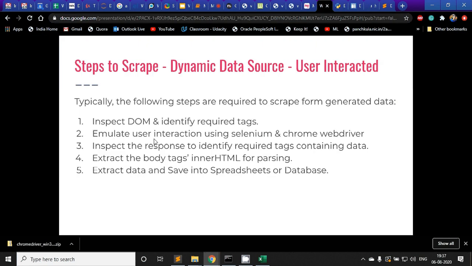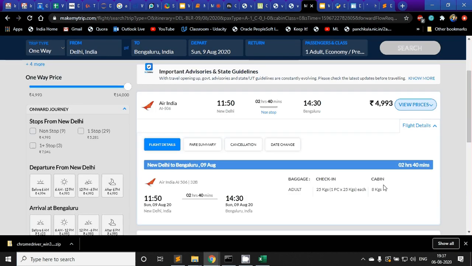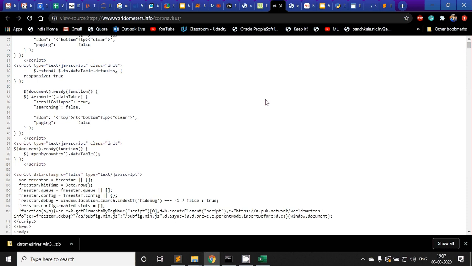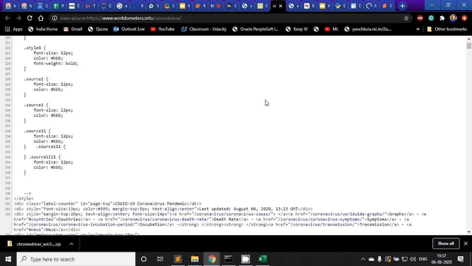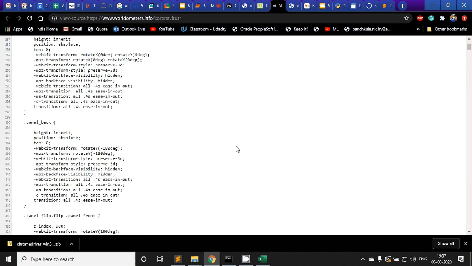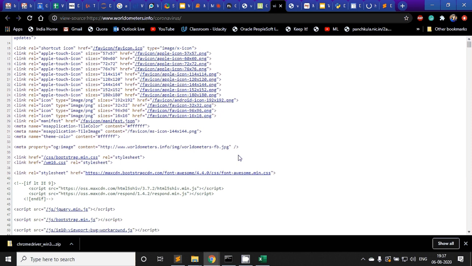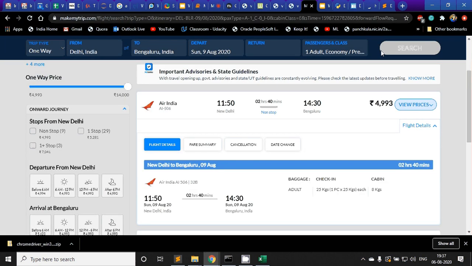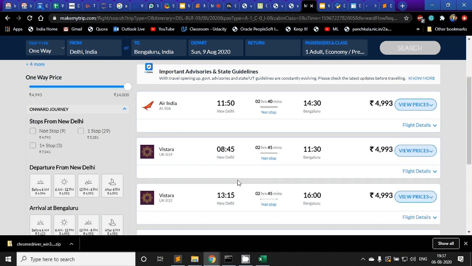Websites which directly expose data in the source have this particular thing as the DOM. I mean, the DOM is equal to the page source, where the data is not coming from JavaScript interaction. Only the sites where you have to do some user interaction to generate data, this data is otherwise not present on the website. Only when you click will this data come. So the data is generated from user interaction.